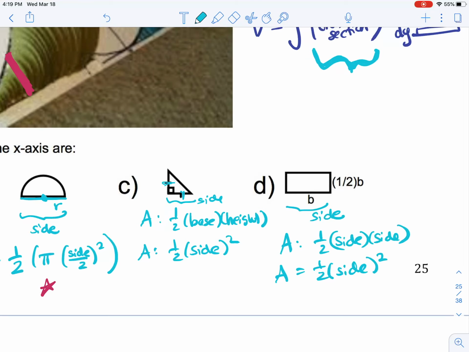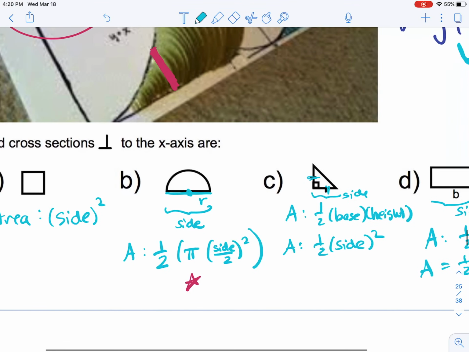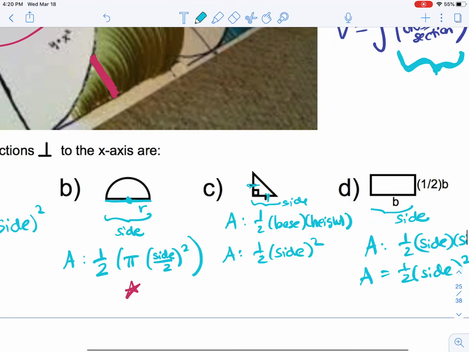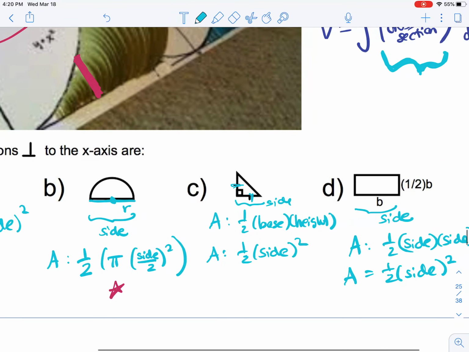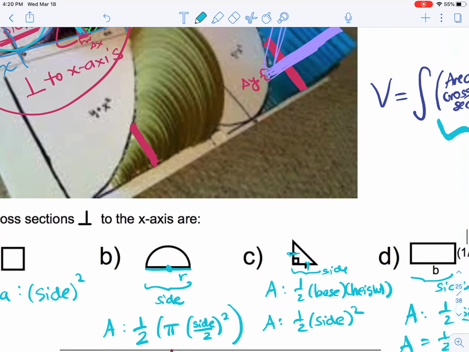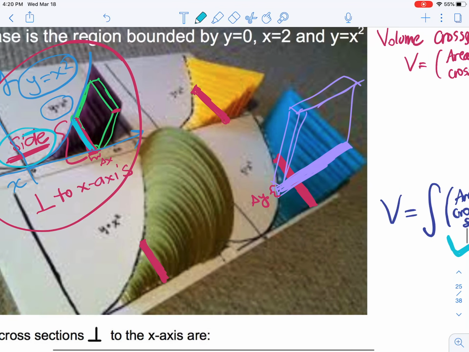You kind of have to get your geometry on in here and think about the cross section that you're given and create that area of the cross section. Very generic shapes that they tend to use. They do like to use the squares. They do like to use those isosceles right triangles, the rectangles. I've seen a good amount. We'll talk about some of those semicircles in there. These are your classic shapes. All right, so we'll get in there and do some of the examples that you see in this pretty nice picture that somebody